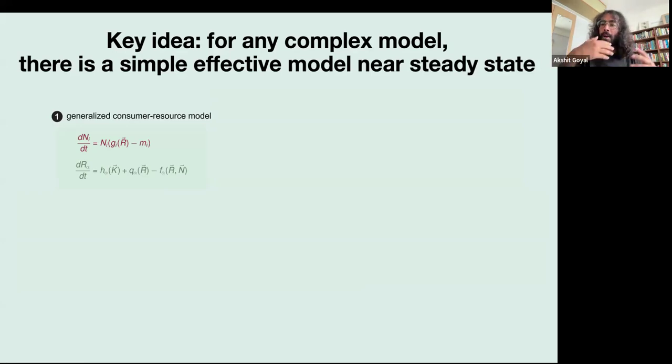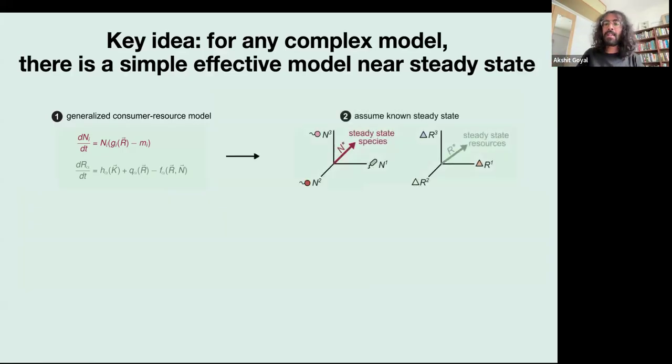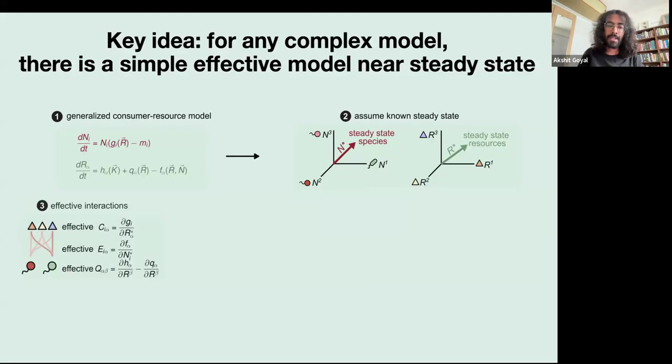You could have species consuming resources, but also producing resources, right? You just appropriately modify this F function. So you can have any arbitrary G and F. And the idea is, as long as you assume that you are near some known steady state and you want to predict the response to perturbations, all you need to do is essentially linearize these models, and out